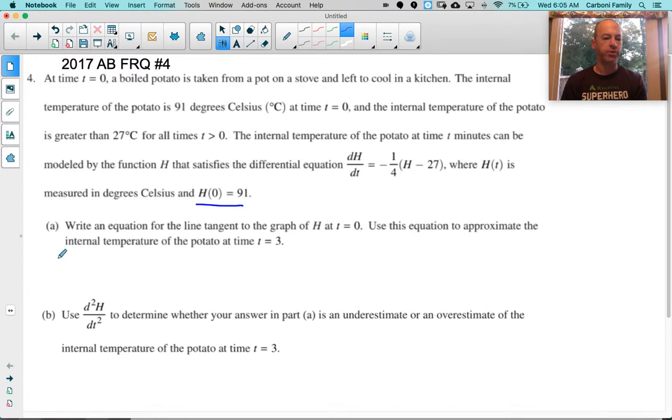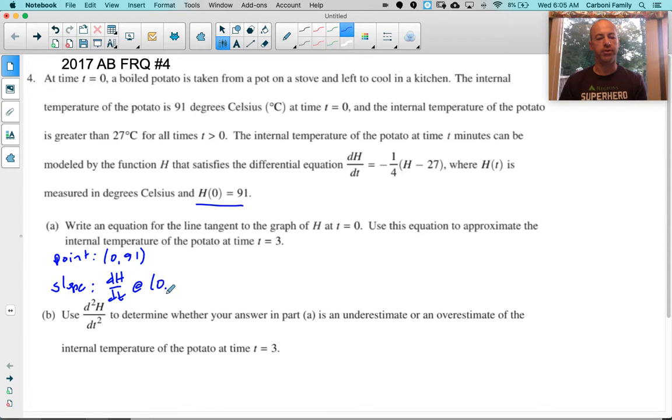So in that case, you'll always need a point and a slope. And when it is a differential equation problem, this is usually extremely easy. The point they gave you was (0, 91). The slope is going to be the derivative at that point, and my derivative here is given to us. So the slope would be dh/dt